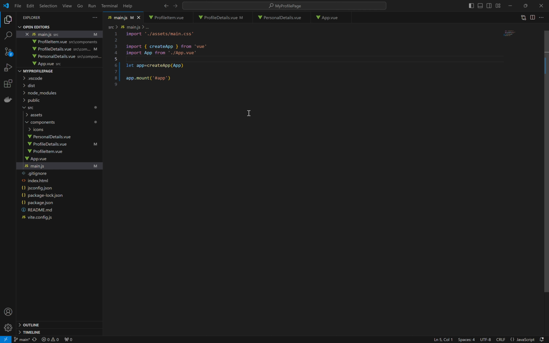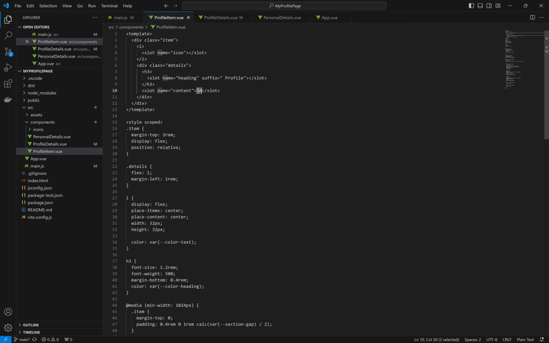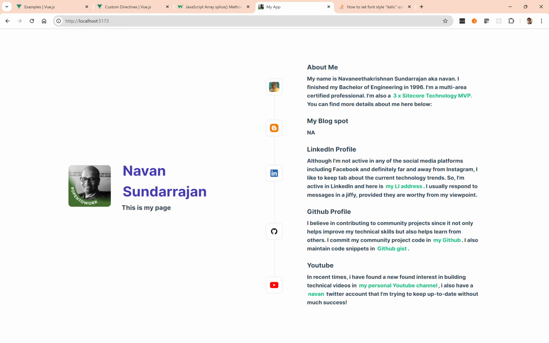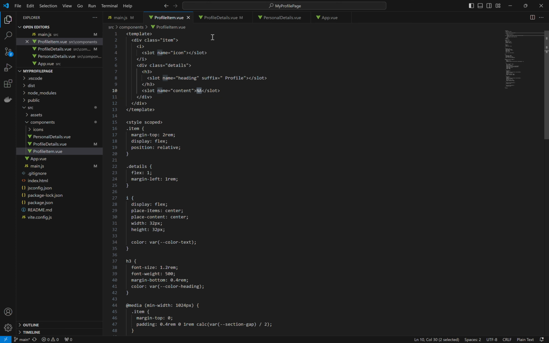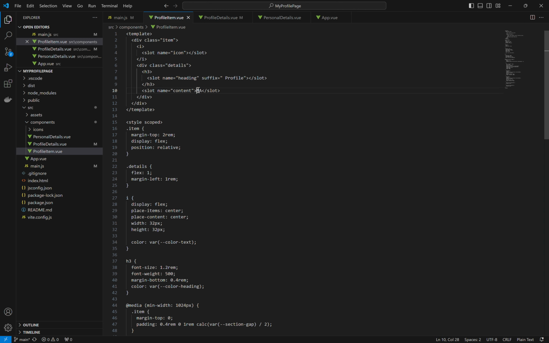So for this, I am using a scenario that I've already built in my single page where I have my profile details and I'm passing content for each of the sections. So I'm making one of the sections blank. So it will fall back to the profile item or the child item's value, which is NA, and that's already visible here as NA. If I provide content in the parent, then that would pick up that content. But because I've removed the content totally from the parent, it will fall back to this value that's given